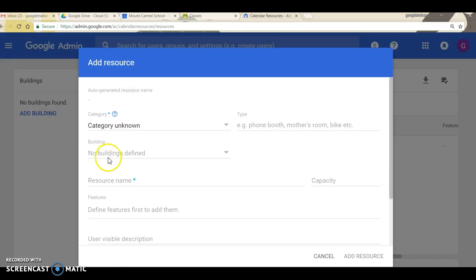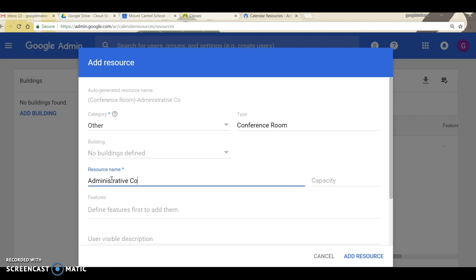add a new resource. You can choose a category, you don't have to. We'll do other. And actually you do have to because of the asterisk. And we'll do conference room as an example. Building defined, this does not have an asterisk, so you do not need to fill out this part. What is the resource name? And I'm just going to put administrative conference room